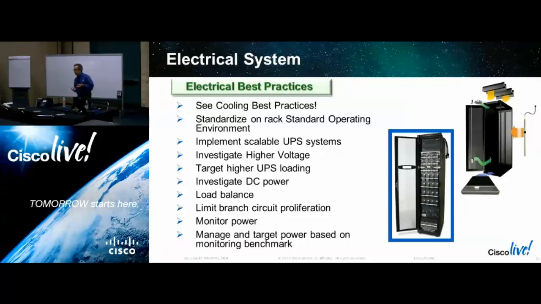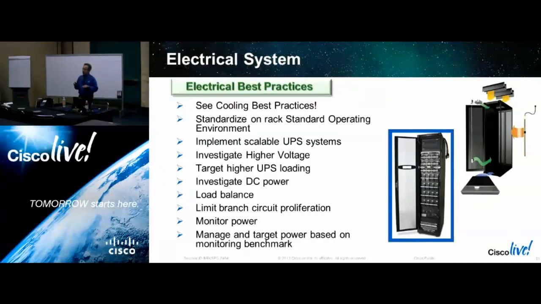Every rack should have a standard operating environment in your data hall, and should be instrumented the same and instrumented intelligently. And by intelligently, I mean able to be managed, monitored regularly, and reported upon. You need to target as best the load as you can on your UPS. Use the most efficient UPS as you can. You're going to have to understand it's never going to be fully loaded. It is what it is, but you need to baseline it and monitor it.